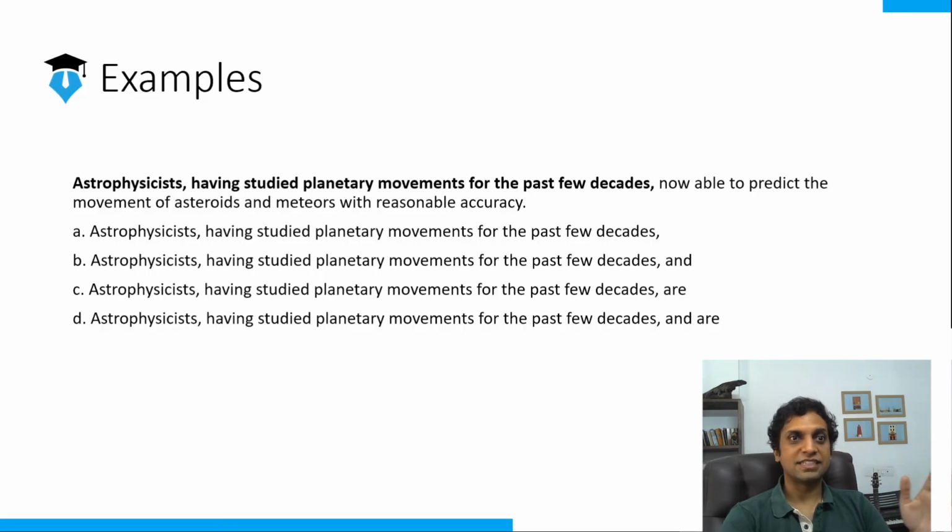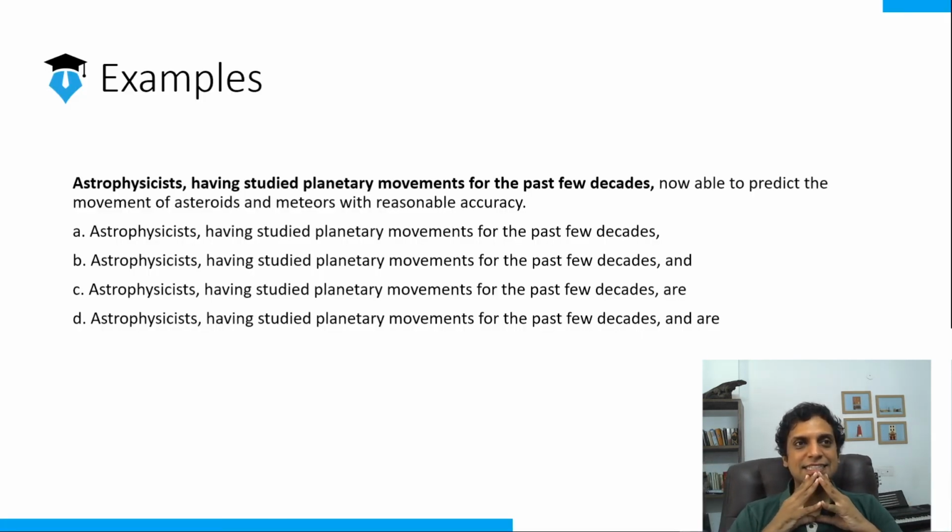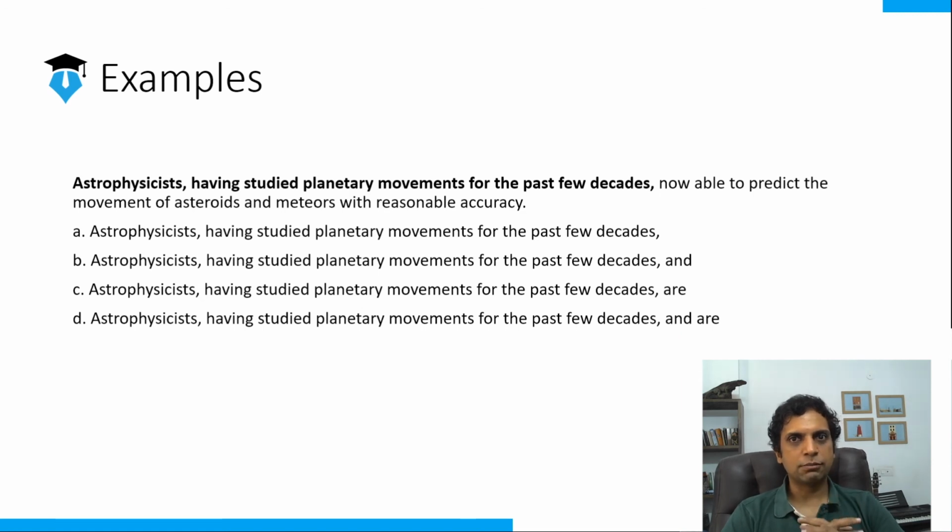And it's gone blank, so let's stay here. This is basically the crux of modifiers. You should practice at least 50-60 examples. You'll get much faster. This is one of the most important lessons in English grammar, in your verbal ability, for any test prep you're doing, whether it's CLAT, BBS, GMAT, or CAT. This is very important because this is how they complicate your life, by adding more and more elements to sentences. And if you're strong at modifiers, you can just keep removing those elements and get to the crux of it.